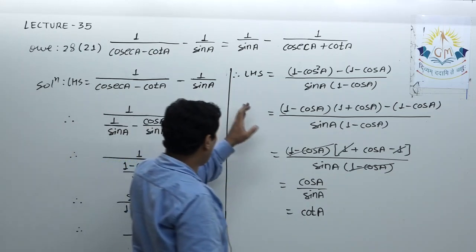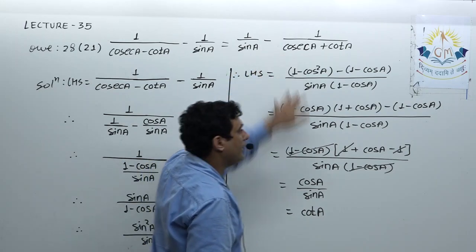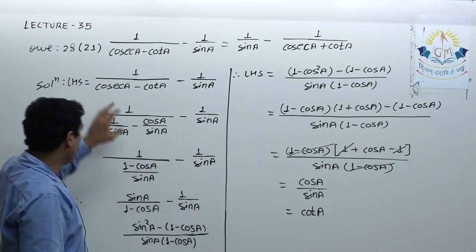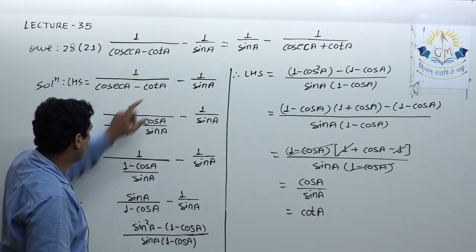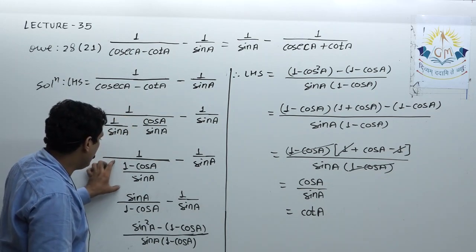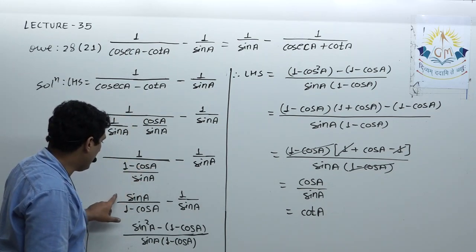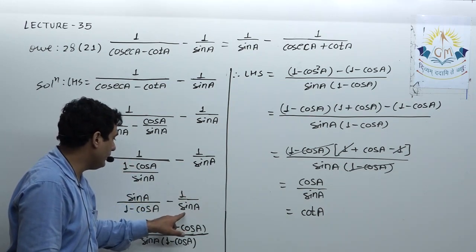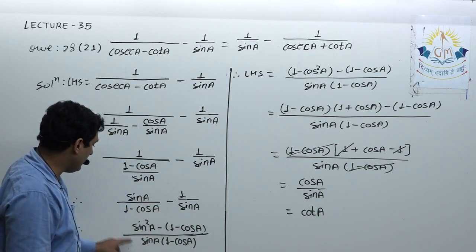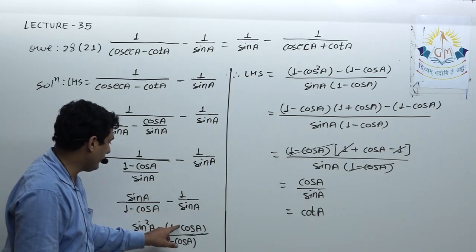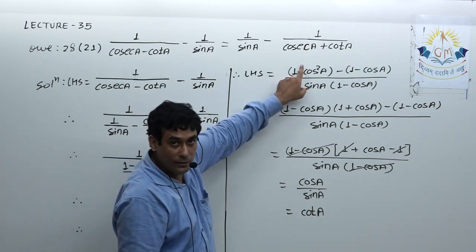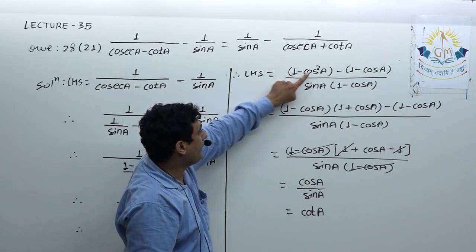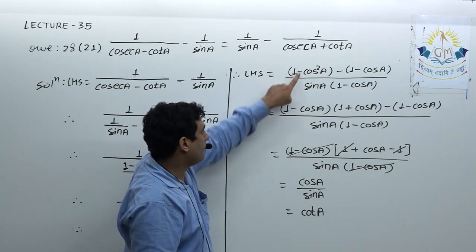Now after this I will start the right hand side and I will simplify that. So I hope you got this. Simply, first I converted this cosec and cot in terms of sine and cos. Then here I took LCM, so I got sine upon 1 minus cos a, and here 1 upon sine a. Then again I took LCM, so here I got sine square and here 1 minus cos. Then I replaced sine square a by 1 minus cos square a. Then I applied the identity of a minus b, a plus b, that is a square minus b square.